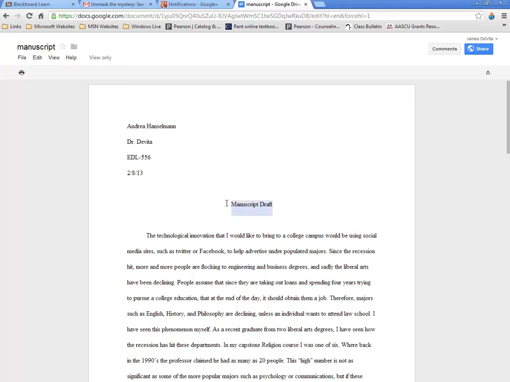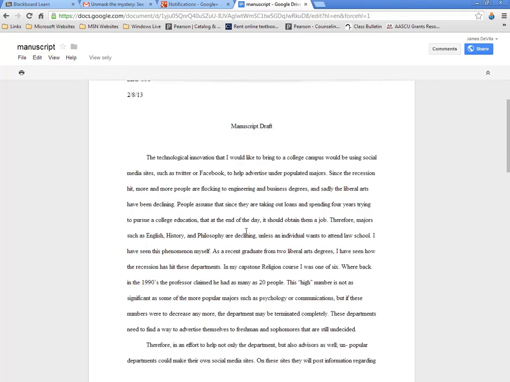One, come up with a unique title, something that stands out to you and something that's going to grab people's attention. Second, you need to go back in and add in-text citations. So this piece, even though it's going to be more of a reflective piece for you, should include 5 citations to sources